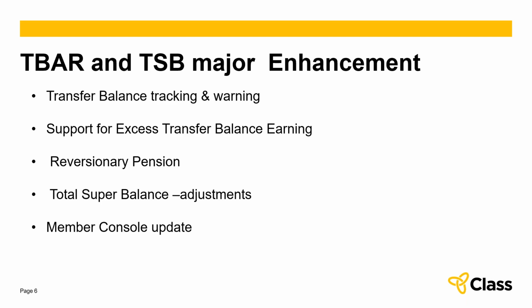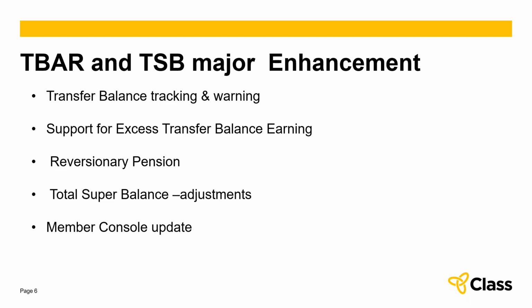Note that the information that ATO has, apart from the external balances that they may receive from other funds, in essence comes from two areas. It comes from the TBAR record that you lodge from Class, or it comes from the annual return that you actually lodge as part of your yearly compliance. And what that means is